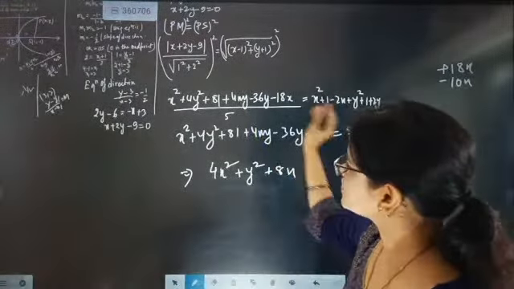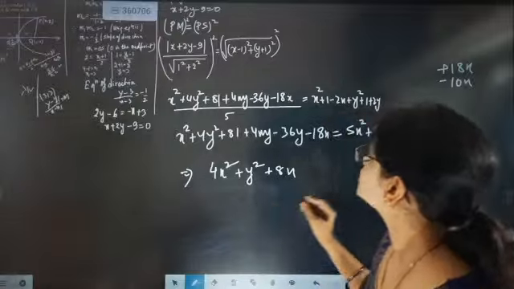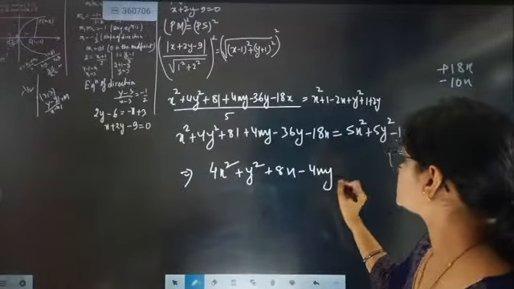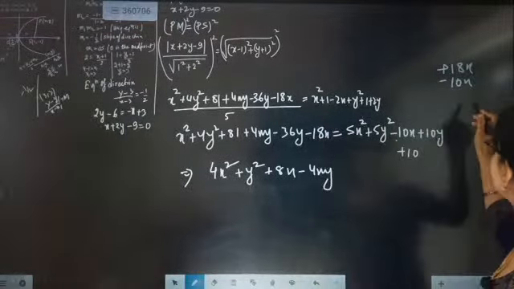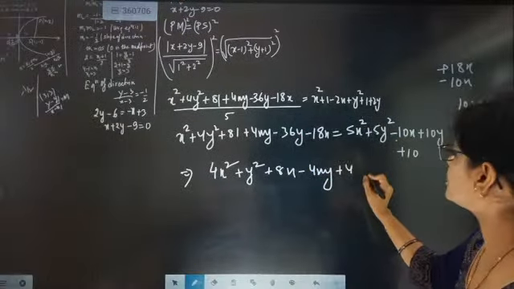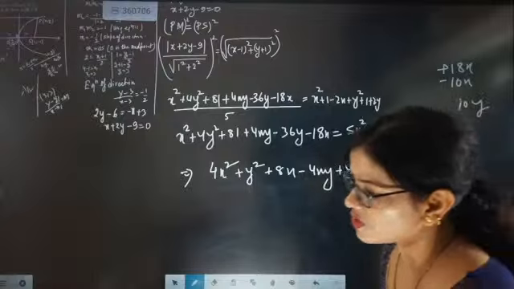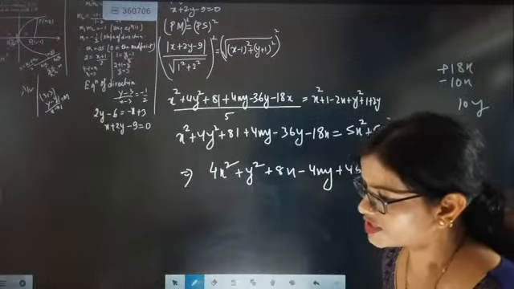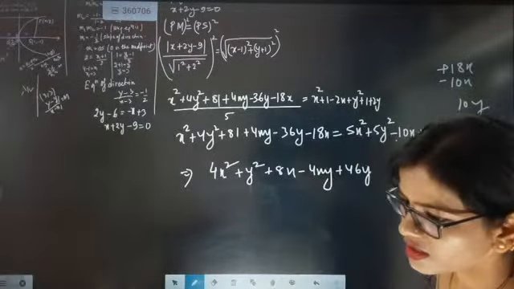So now minus 4x square shifts that side, so it is going to come as minus 4xy. Now 10y is coming and this side is minus 36y, so it is going to be 46y. Check this one out. Is 46y coming or not? 46y is coming.